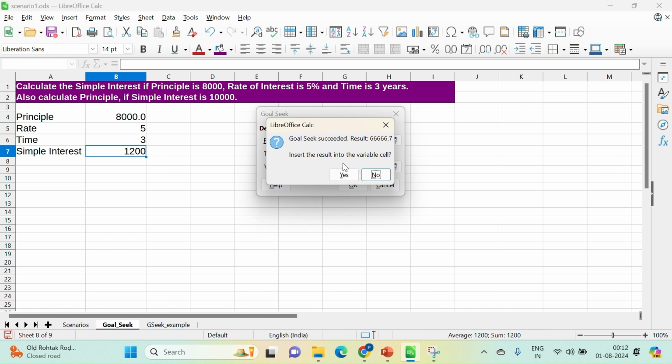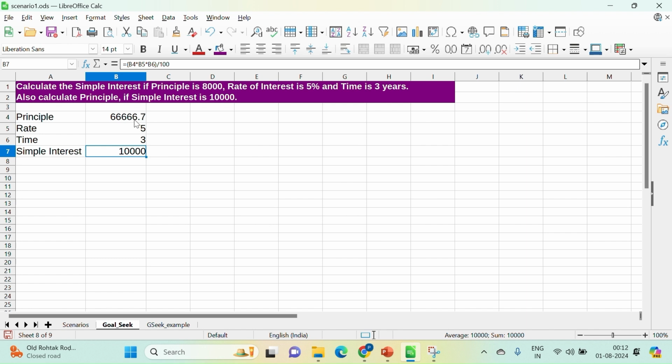Now it is asking me to insert the result into the variable cell. There are two options, yes and no. I'll be clicking on yes, so that the necessary modification that I have made and the output that I targeted is obtained on the basis of the principal amount, which is changed to